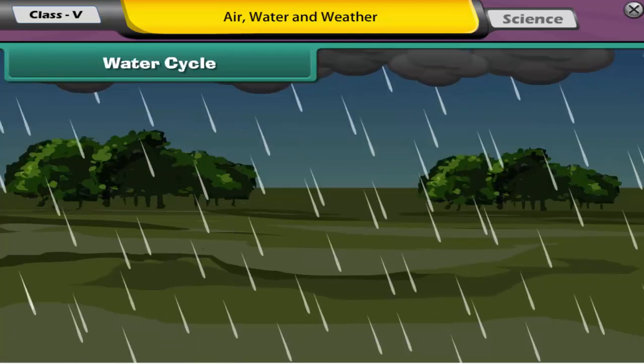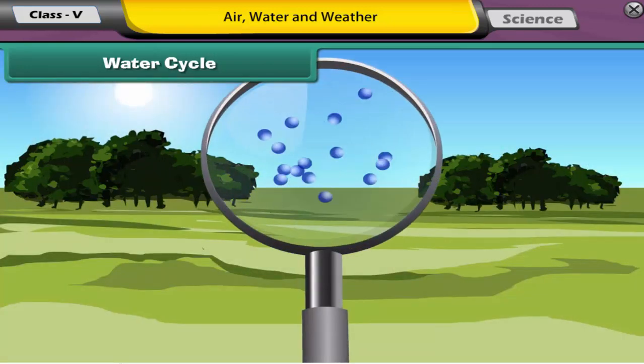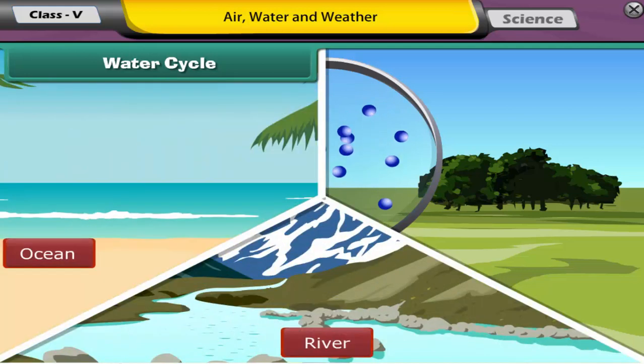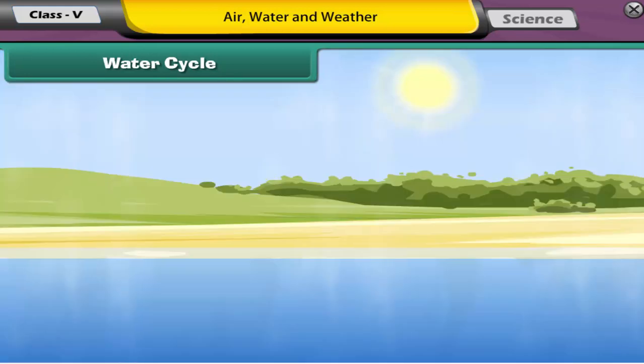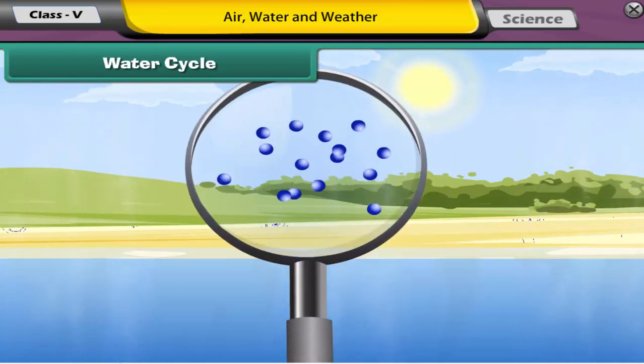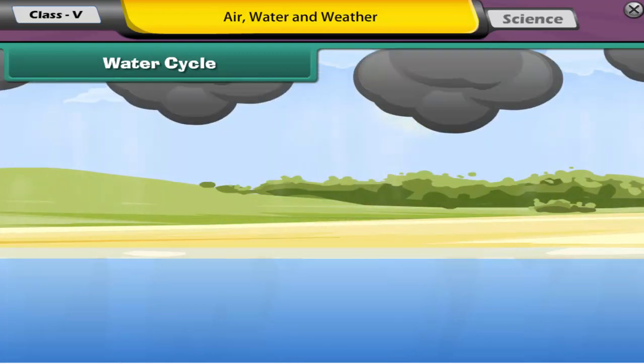Have you ever wondered where all the water in rain comes from? Well, there is always a certain amount of water vapor in the atmosphere. It comes from the Earth's surface water like oceans, rivers, and lakes. The heat of the sun heats up the water from the surface of these reservoirs and changes water from the liquid state to the gaseous state. This is called evaporation. High up in the atmosphere, water vapors cool down and form clouds. This is called condensation.